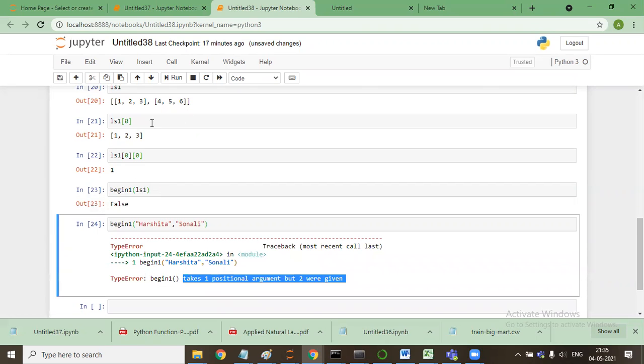But this entire list is being considered as a single element, and it automatically picks the first element of this list.